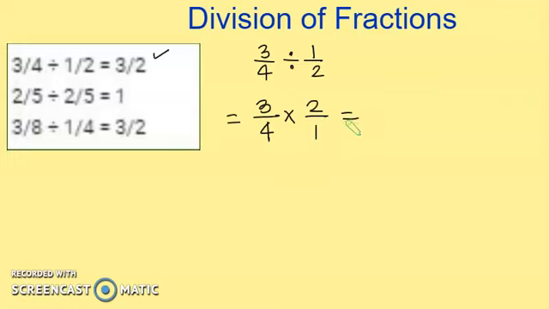And then the next step is 3 times 2, multiply the numerators, that is 6, and then multiply the denominators also and write. So we are following the same rule as fraction multiplication after the first step. And then finally, as I told you, we never write the fractions, we always write the fractions in the lowest